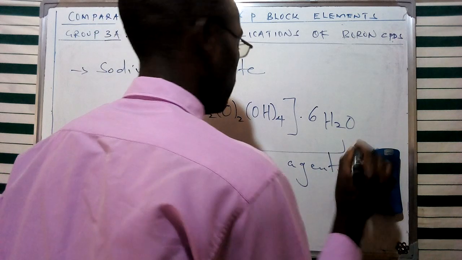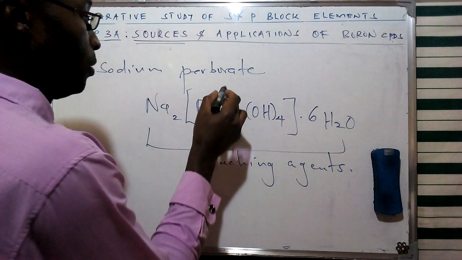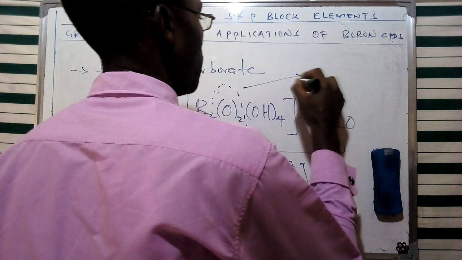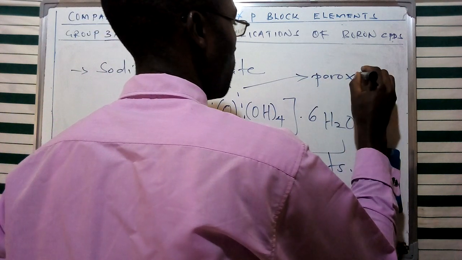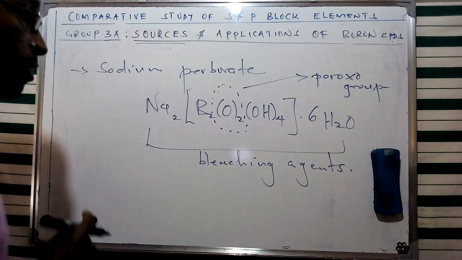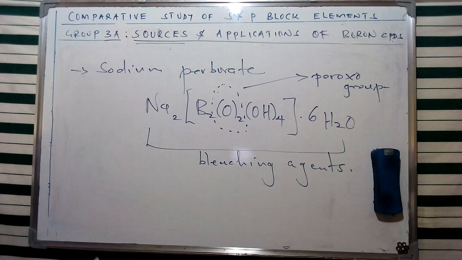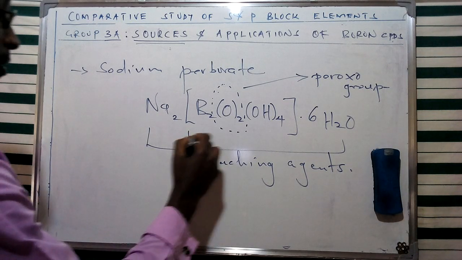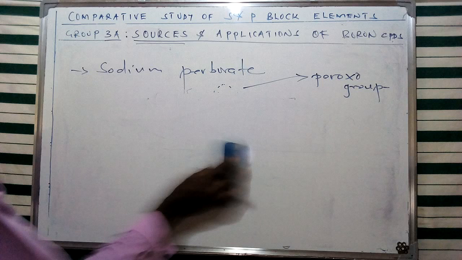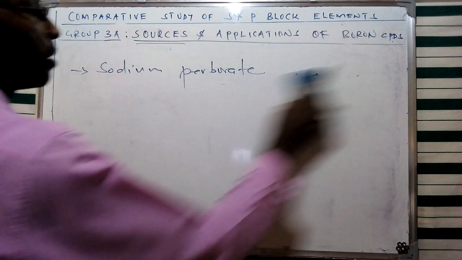Now, in these bleaching agents, this is the case due to the availability of this peroxide group, which I'm just encircling at this specific point. So the peroxide group is going to provide these bleaching capabilities in this particular salt. And as we had said, we can just look at this isolated complex ion in terms of its structure, so that we are going to appreciate its specific stereochemistry.